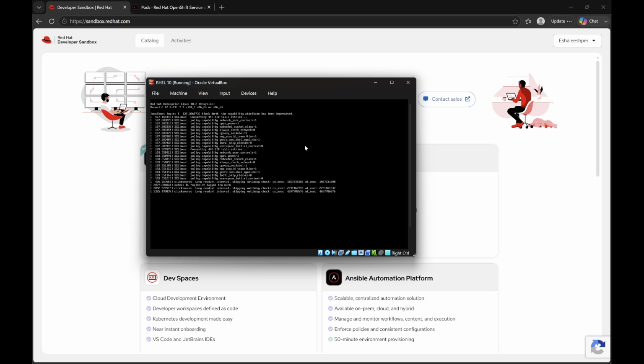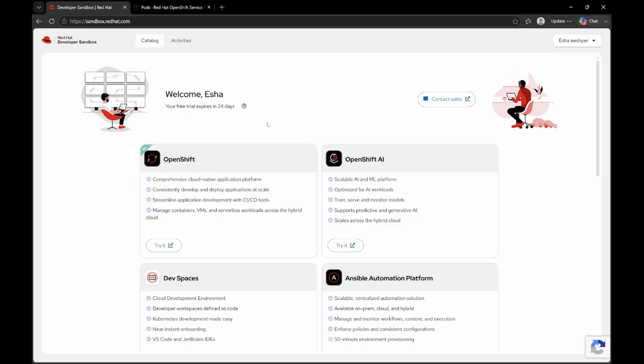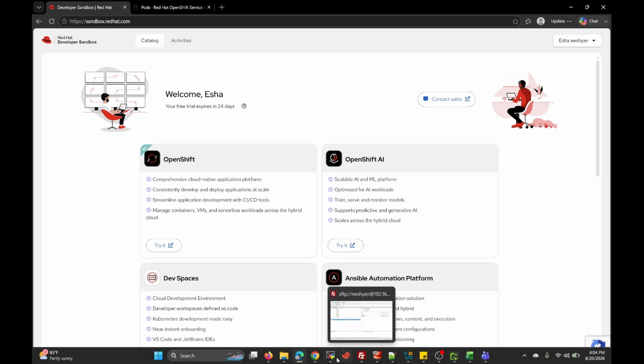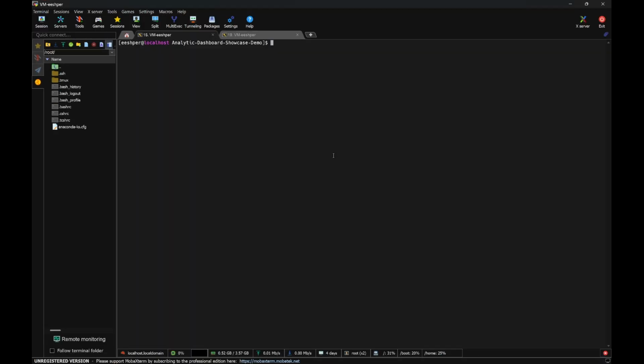My virtual machine will connect to Red Hat Developer Sandbox as the Kubernetes cluster environment, and I will use MobaXterm as the terminal so I can connect to my virtual machine, which connects to GitHub and the Red Hat OpenShift cluster as well.